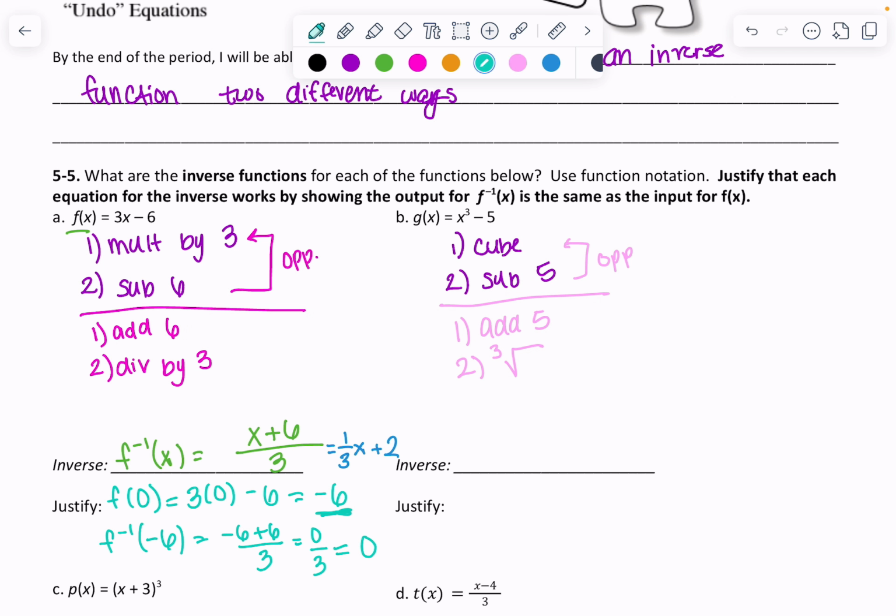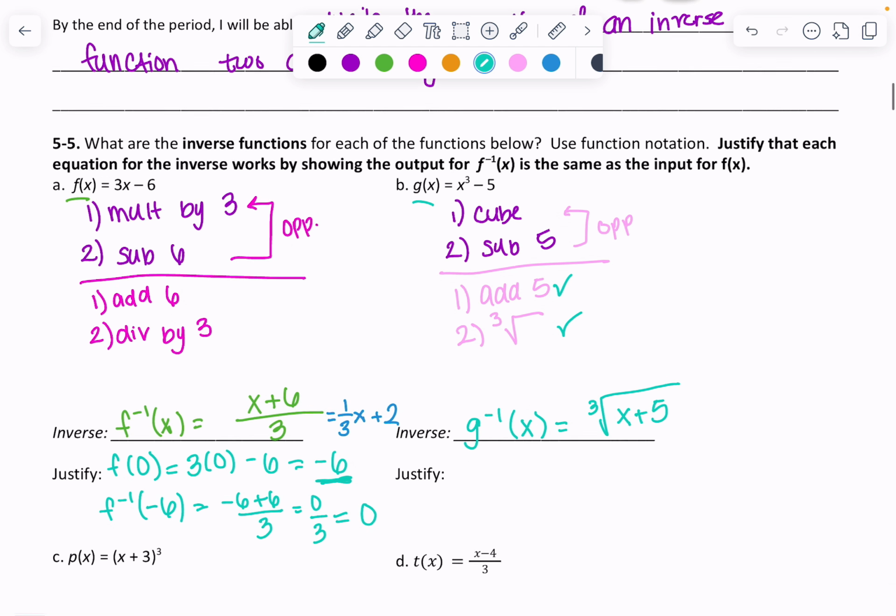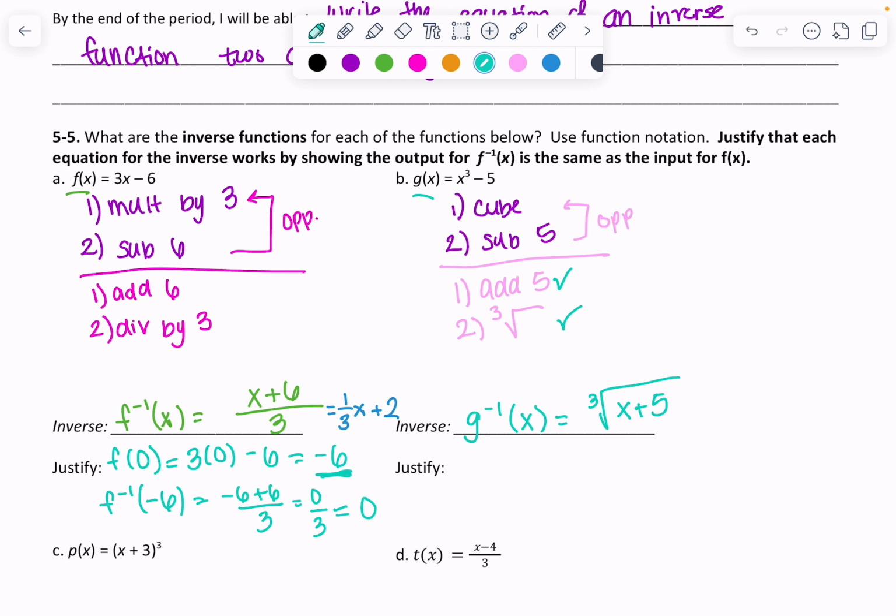So writing down our inverse, our function name here is g, so we're going to name our inverse g inverse. We'll put our x, and we'll think about our steps. Step 1 says we are adding 5. Step 2 says we are cube rooting that whole thing. Okay. So here is our inverse, and we can check to make sure that our inverse is correct by making